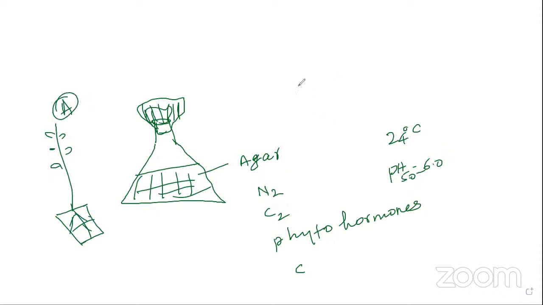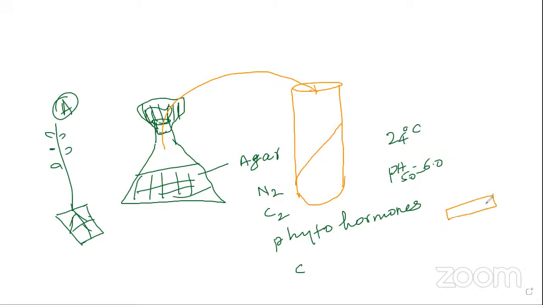After that, you have to select the test tubes. Also, in the test tubes you have to pour the agar. You take a test tube and pour the agar solution. After that, you place it in a slanting position like this. Why are we putting it like this? For example, take a small bead-like structure.